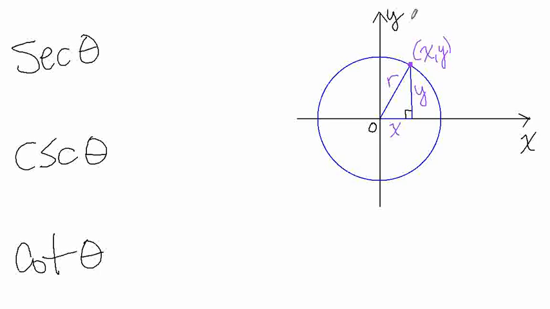I've also drawn a right triangle with the hypotenuse being the radius corresponding to that point on the circle, and I've labeled the lengths of the legs of that right triangle. So for such a point and for such a circle and right triangle, then the sine, cosine, and tangent